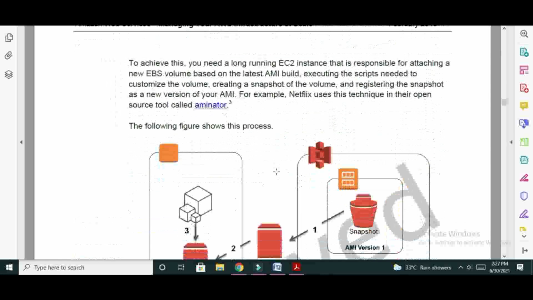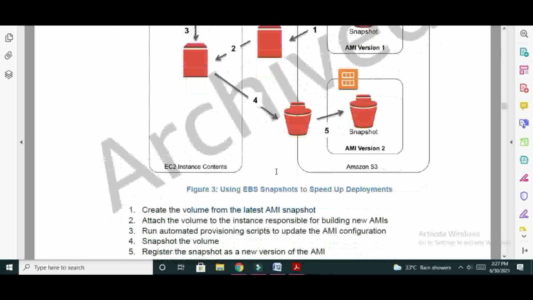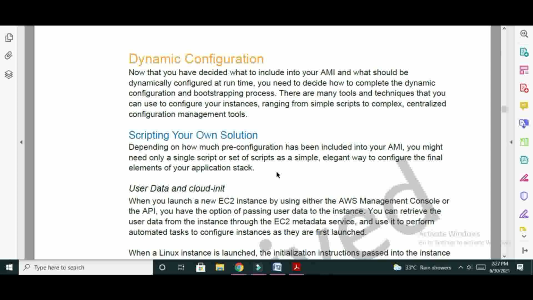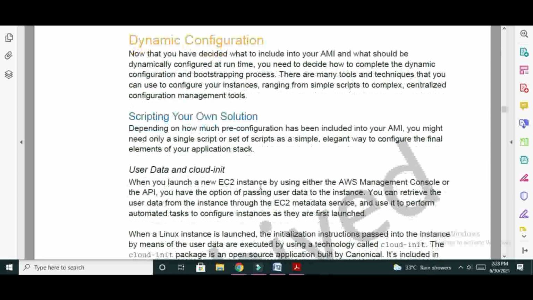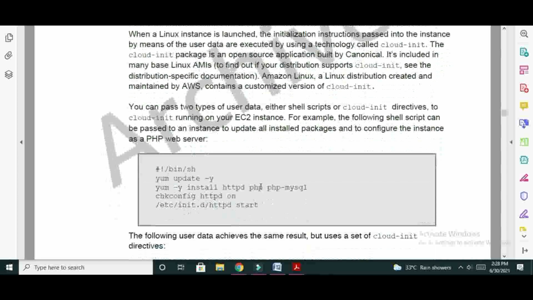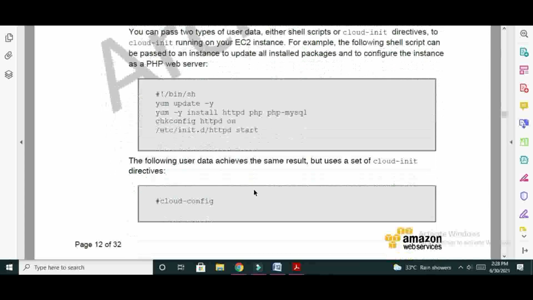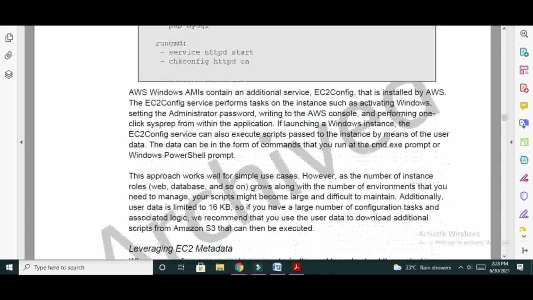The user can also go for dynamic configuration. So the user writes their own script, and with the help of this they can have the AMI dynamically configured at runtime. So depending upon the requirement or request, it can help in configuring the AMI. So these are the sample code and the package.